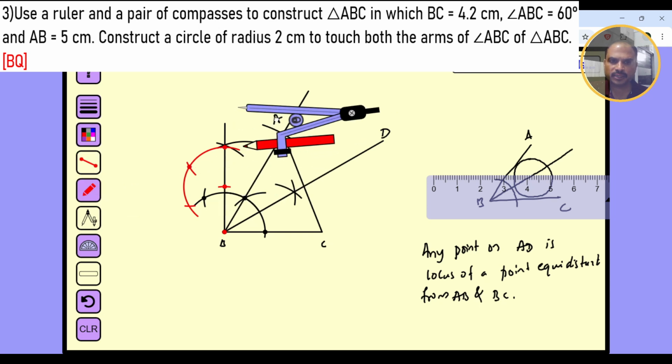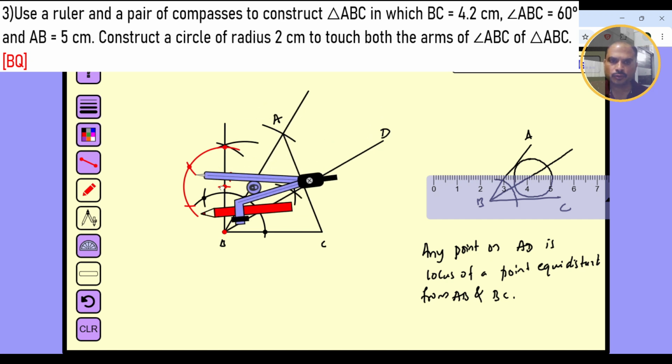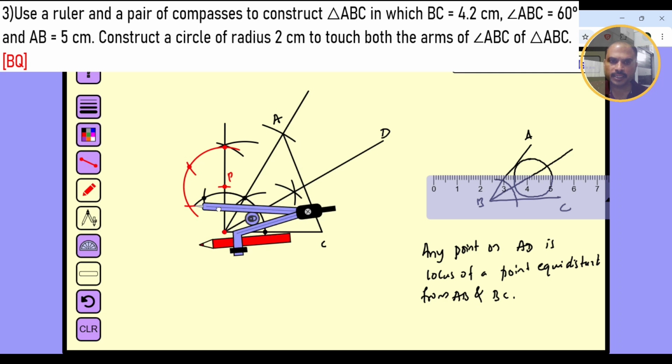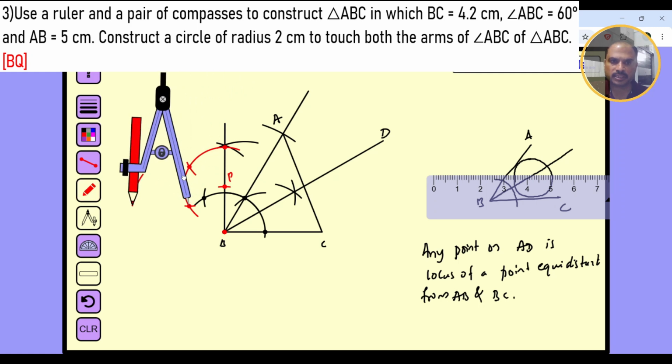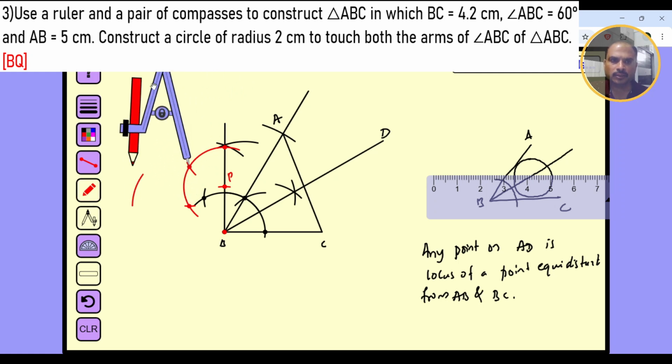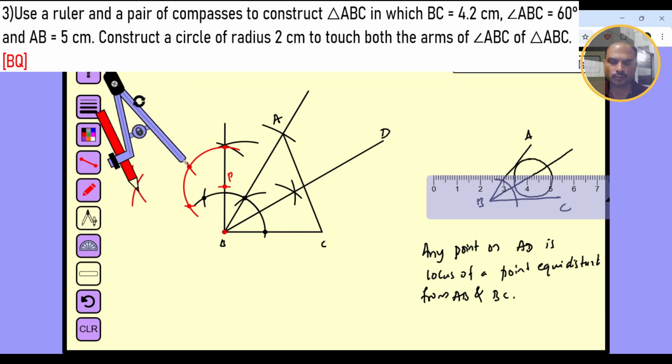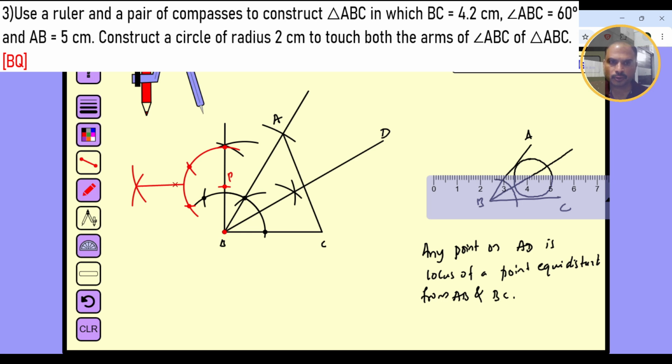I can call this point, in fact, so that it will be easy for you, as P. Why I'm doing 90-degree you need to understand, because co-interior angles are supplement of each other. 90 plus 90 is 180 I should get, or interior alternate angles are equal to each other. See, this is the 90-degree line. Whatever I'm drawing over here, I'll extend it like this so that it goes and meets the